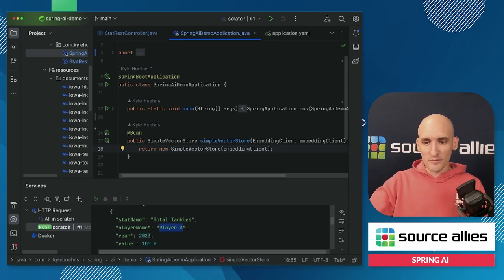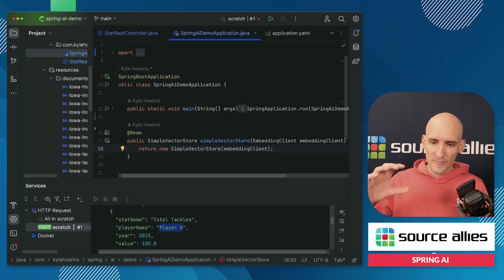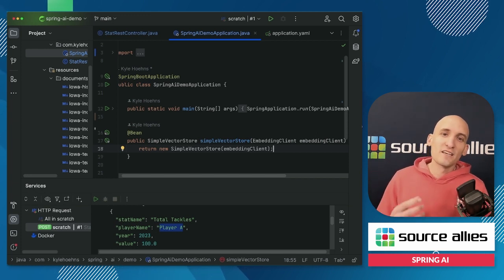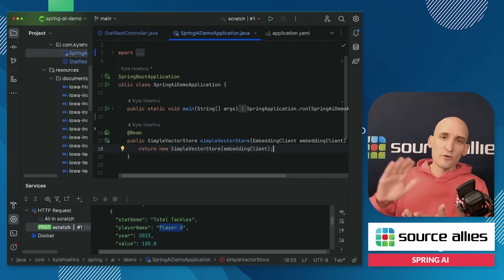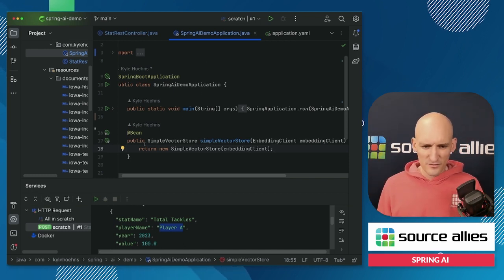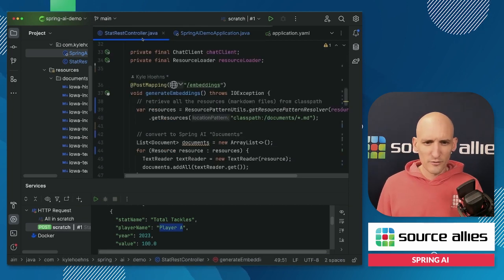And so that's what the embedding client is doing. So the simple vector store has a hook to the client, so when we ask to add things to the vector store, it can use that embedding client to make calls out to OpenAI or whoever we're talking to get all those embeddings. So now that we've got a simple vector store, we can go back to our REST controller here,